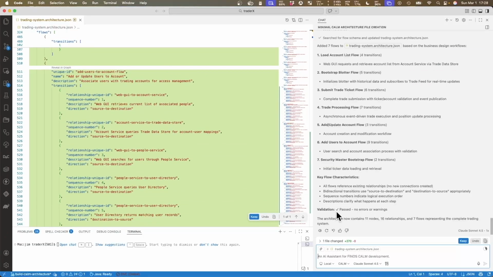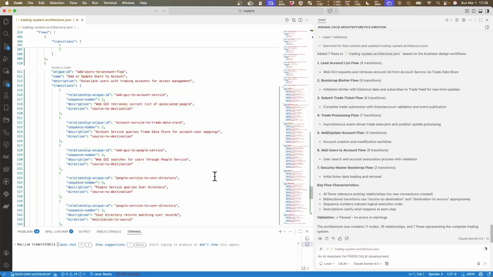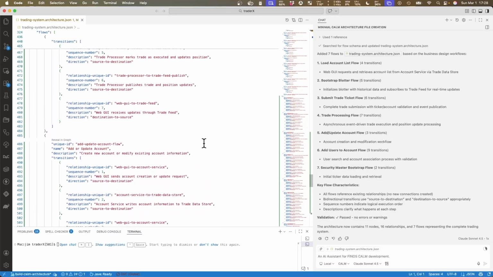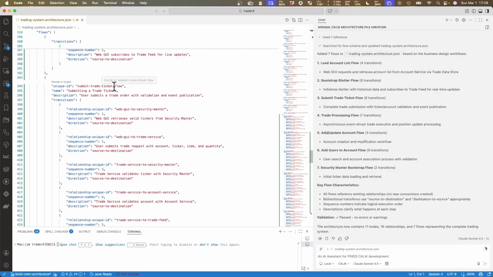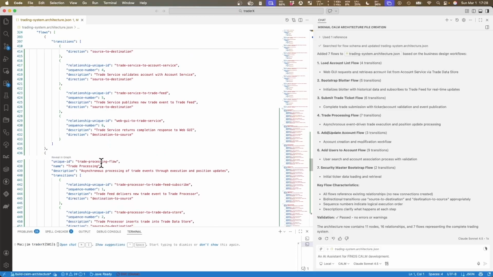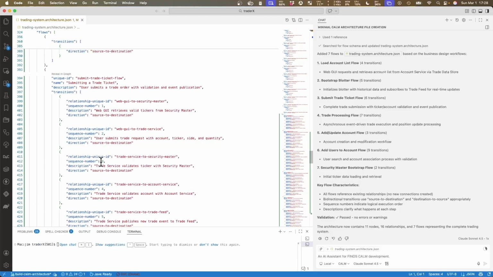It added and it passed the validations. Okay, so that's good. So we'll keep this. So again, looking over the flows, in particular, looking at the submit trade ticket and the trade processing flow, this